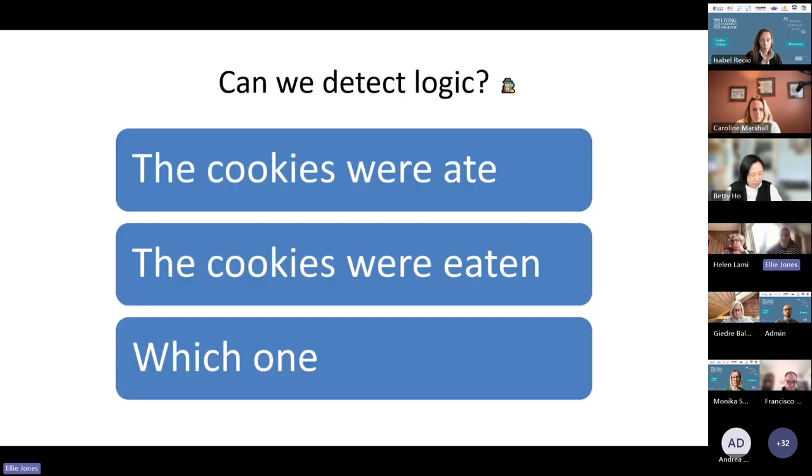So, applying the same rule here, have a think about which of these two sentences sounds correct. The cookies were ate, or the cookies were eaten. Hopefully, you're all thinking that the cookies were eaten is the correct sentence. If you did, you are correct. If not, don't worry, we all get distracted by the thought of cookies. So, the reason that the cookies were eaten is the correct sentence is, of course, because we're focused on the result.